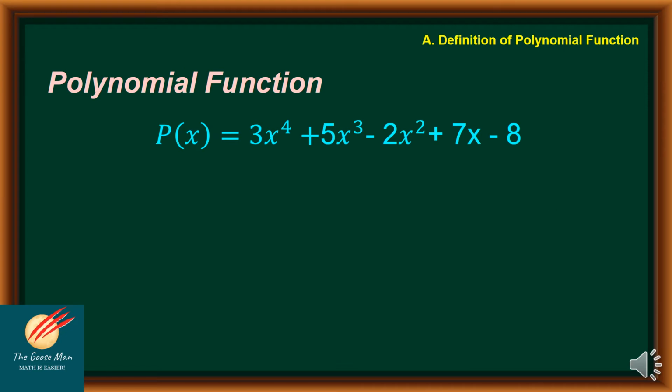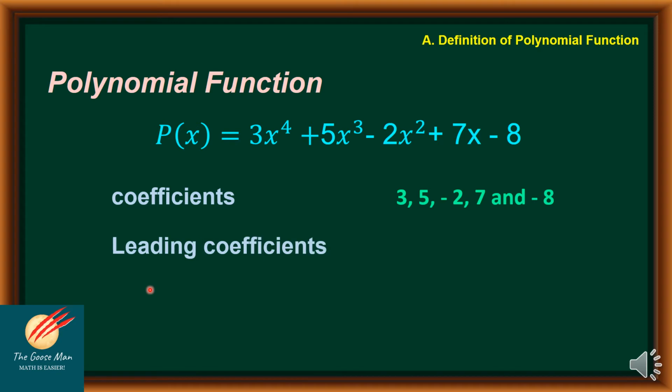P of x is equal to 3x to the fourth power plus 5x cubed minus 2x squared plus 7x minus 8. Now, if we are talking about the coefficients, these are the numbers before the variable. So we have the following numbers: 3, 5, negative 2, 7, and negative 8. Next, we have the leading coefficient. This is the number on your leading term. Our leading term here is 3x to the fourth power, and we will only consider 3 as our